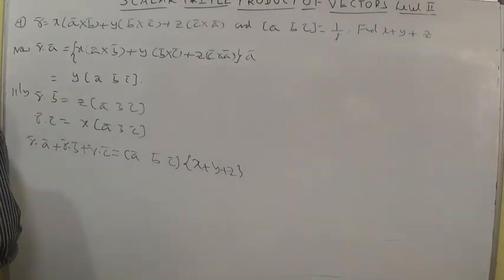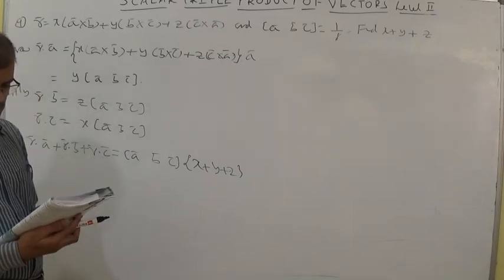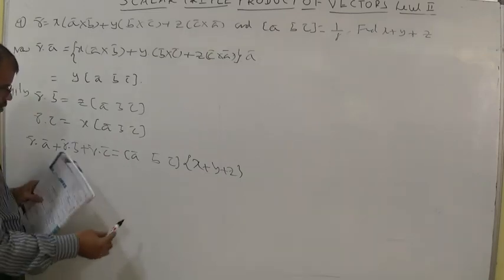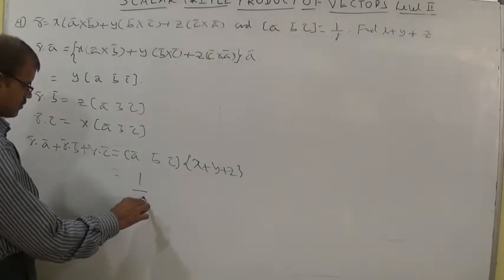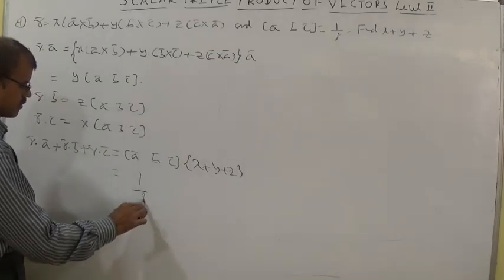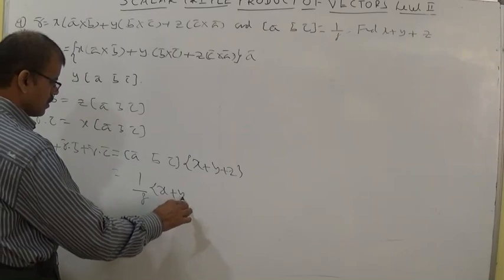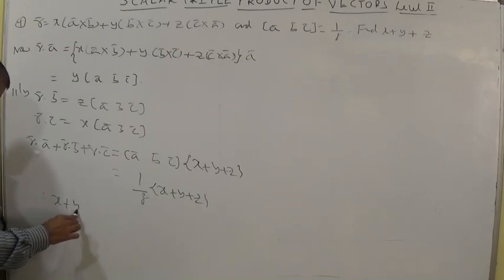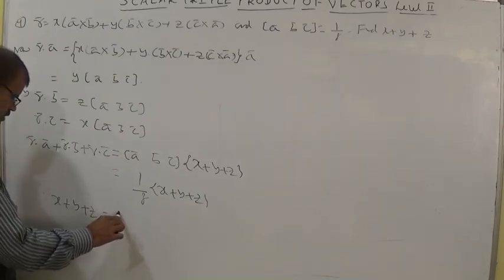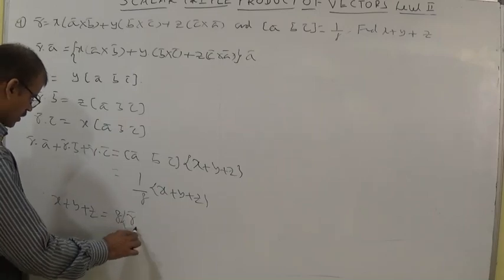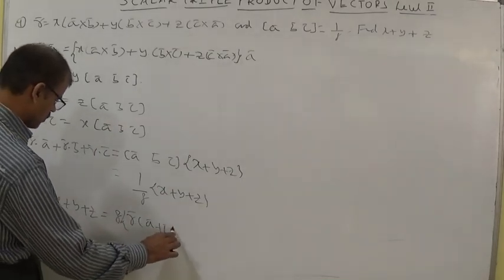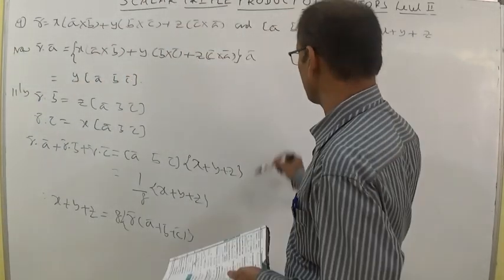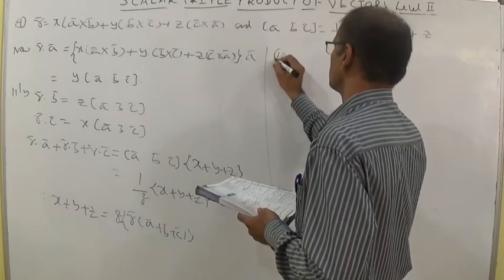So let us discuss about the options. Regarding options, X plus Y plus Z he is asking. So we write here 1 by 8, the box ABC value, into X plus Y plus Z. Therefore, taking cross multiplication, we get the value X plus Y plus Z is equal to 8 into R bar into (A bar plus B bar plus C bar). Yes, the third option is there. According to the options, we got the third one. Let us discuss about the 10th question.